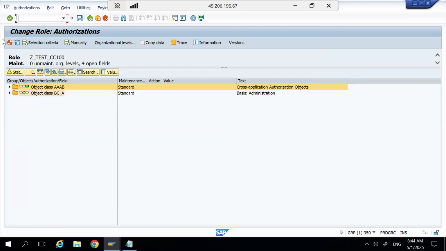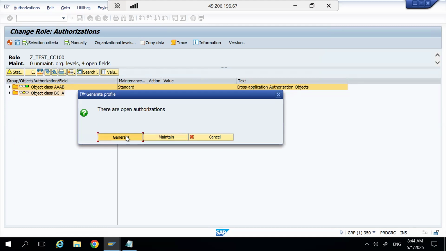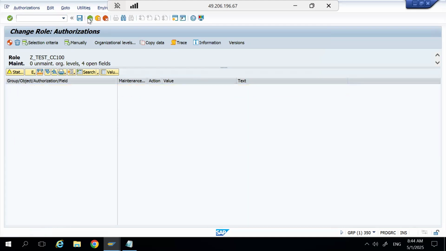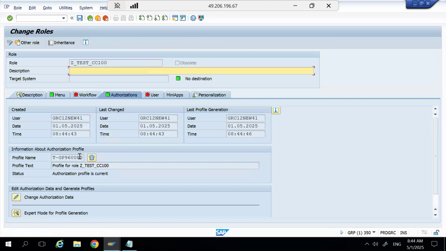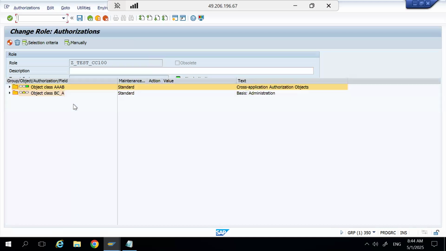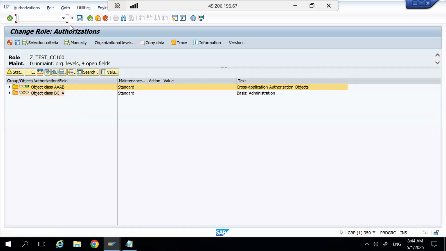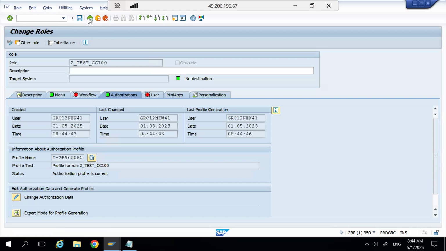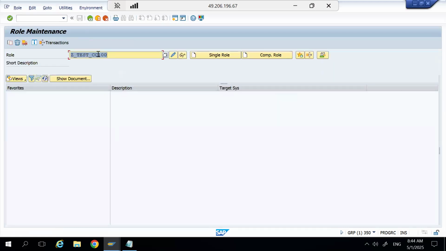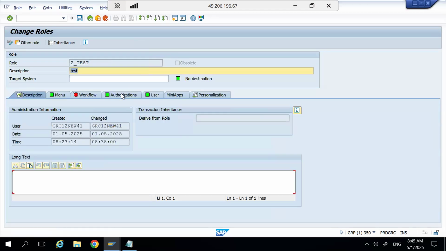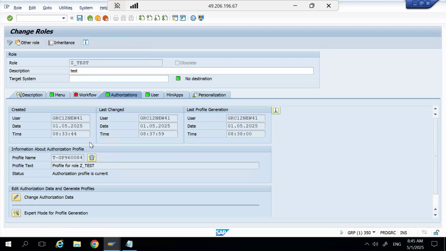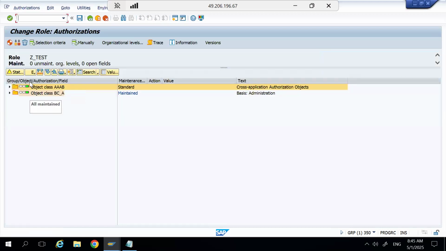Okay, and generate it. Generate. That's it. I won't be doing any changes over here, but still the value is coming as yellow for one of the objects. Now let's do one thing. Now this is your derived role and Z test is your master role. Now go to your master role, go to authorizations tab, go to change data, and here you will see this